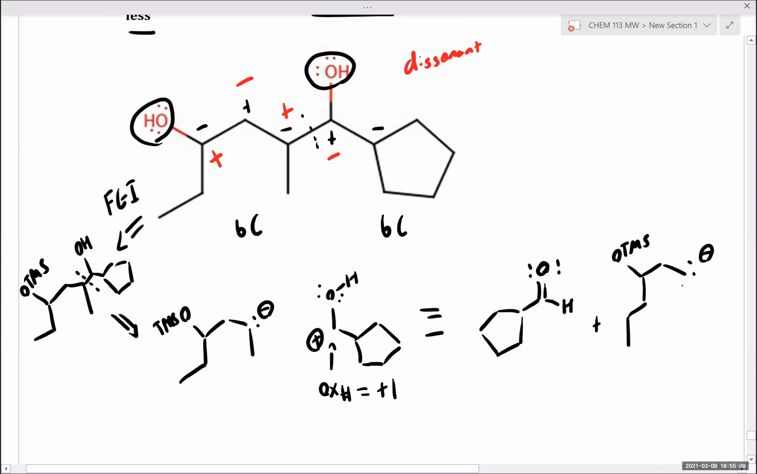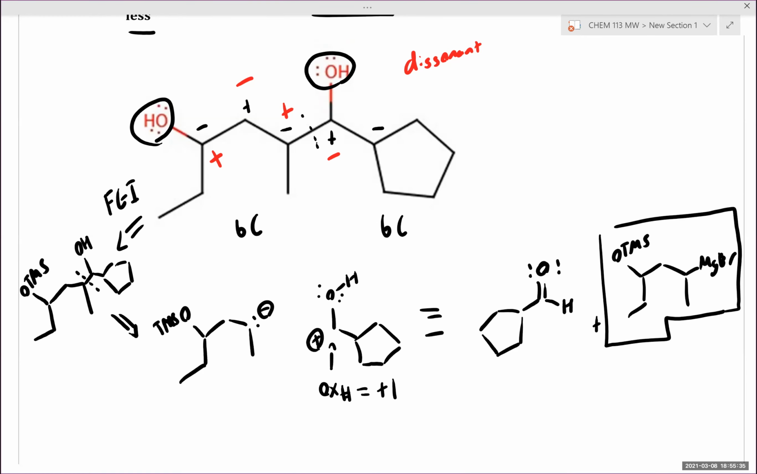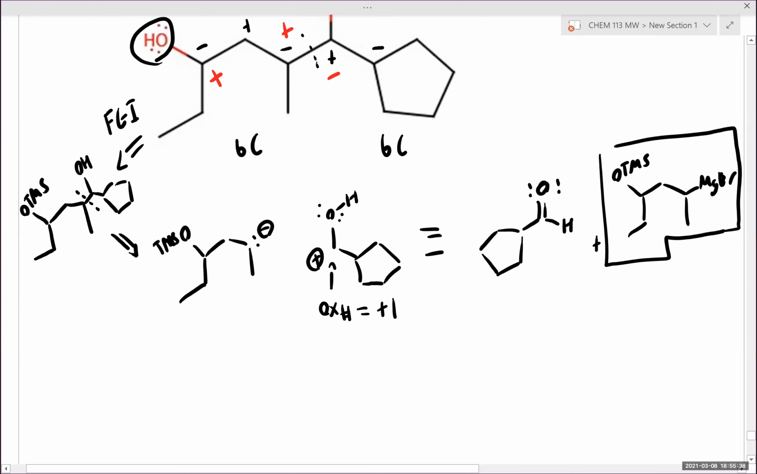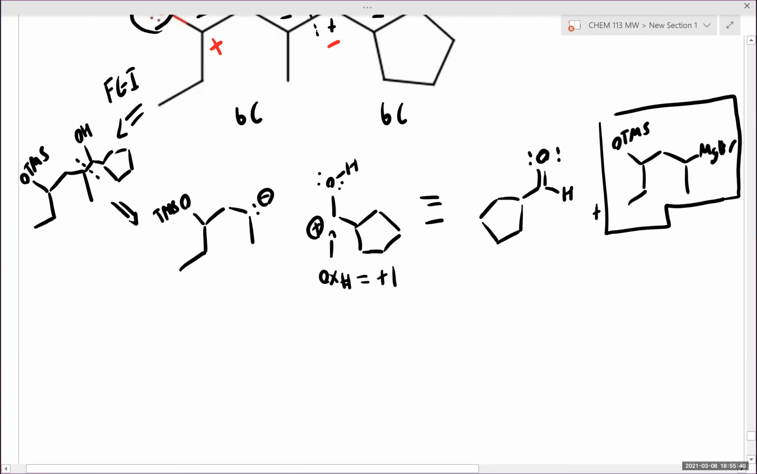So, can we make this new fragment now? Is this easier to make? Can we actually synthesize this protected fragment? Or more specifically, can we make this Grignard? Is this Grignard reasonable to make? Sure. Yeah, for sure. The alcohol is protected. We won't end up protonating and quenching our Grignard. So this is a perfectly reasonable